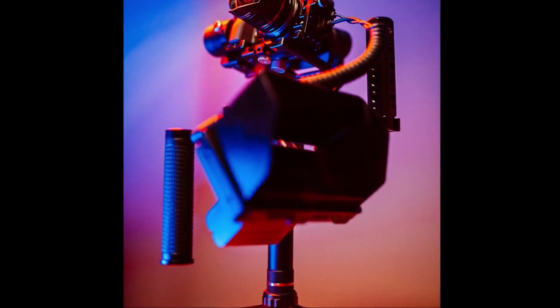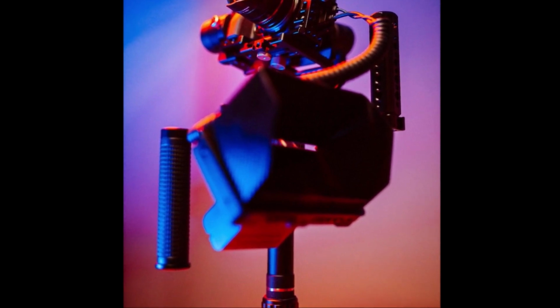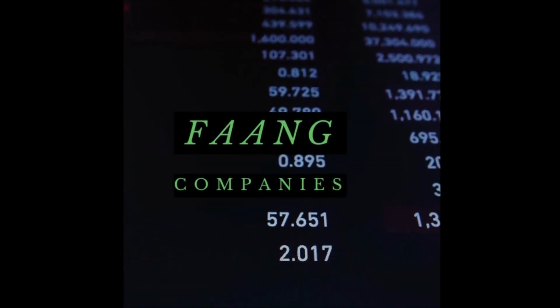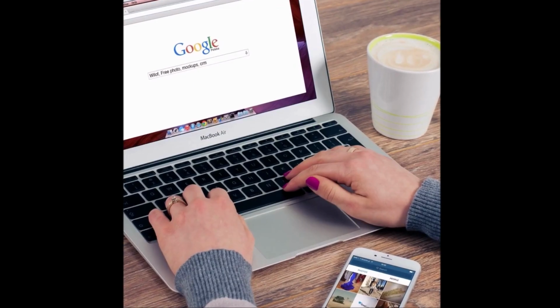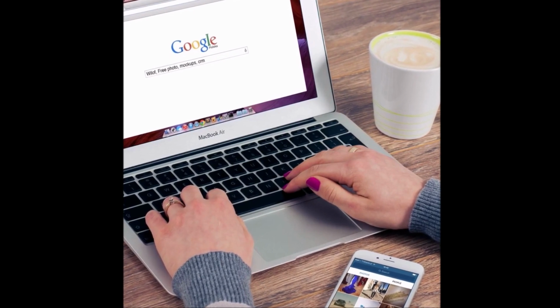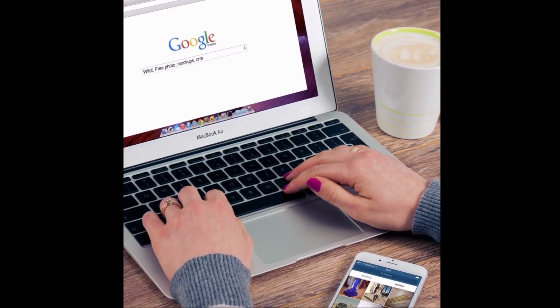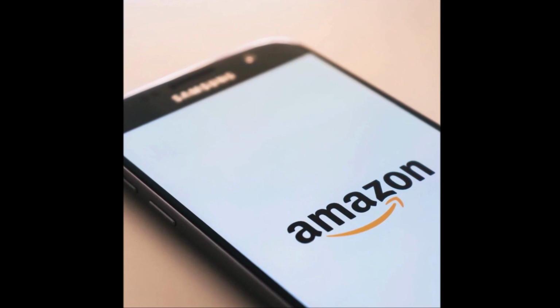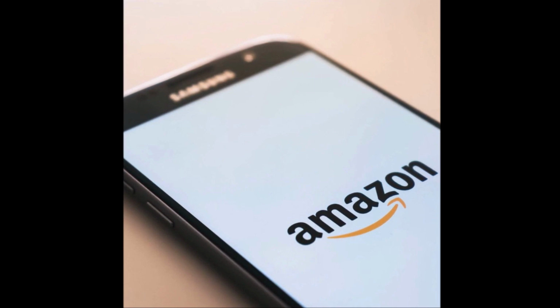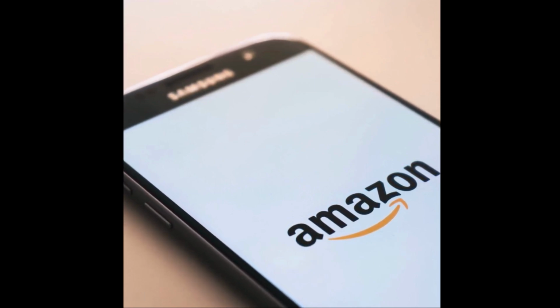Let's go into a little on FAANG and the tech industry. FAANG. You've probably heard the term before. What is it? FAANG is an acronym for Meta, formerly Facebook, Apple, Amazon, Netflix, and Alphabet, formerly Google. These tech giants dominate in various areas of technology, including artificial intelligence, e-commerce, online advertising, consumer electronics, cloud computing, computer software, media streaming, smart home, self-driving cars, and social networking. They are among the most valuable public companies globally.